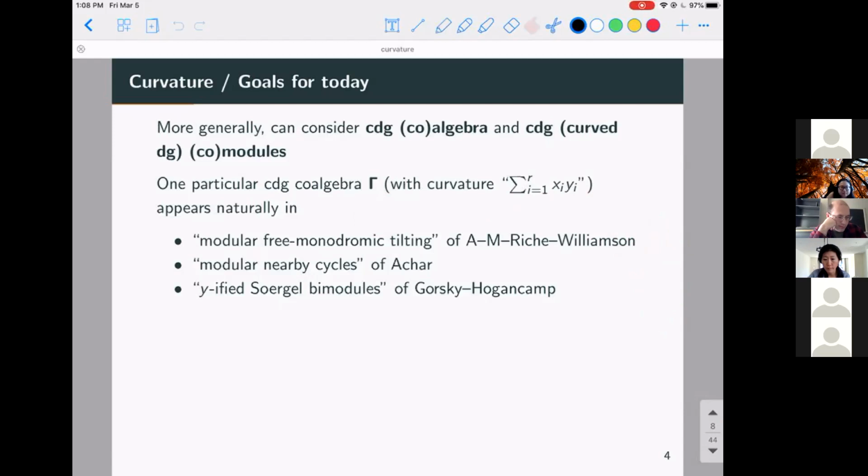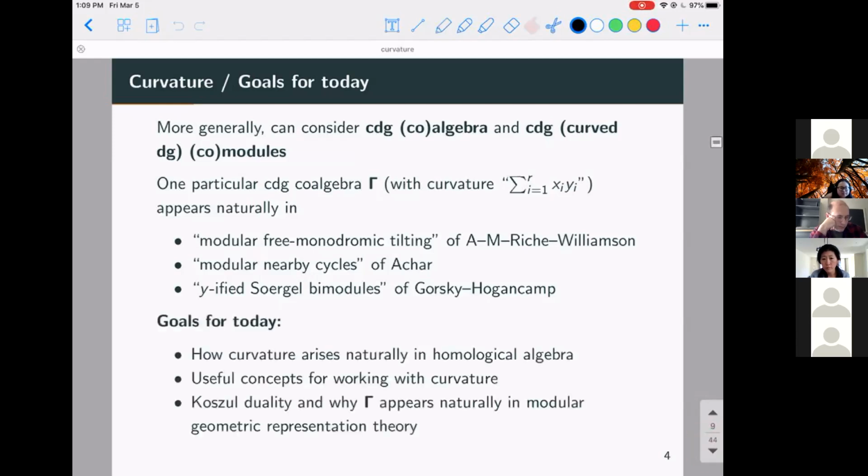And a few years ago, I became completely obsessed with trying to get down to the bottom of this mystery, and especially to try to connect the different appearances of this curvature. So with some help from Matt Hogancamp, I think I now really understand what's going on. But today I don't want to say very much about the applications. So this is just motivation so far, and today I just want to focus on